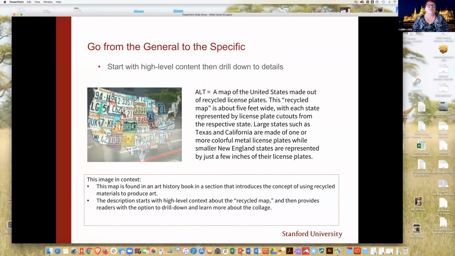You want to go from the general to the specific. So start with high-level content and then drill down into details. This image of a map was found in an art history book that introduces the concept of using recycled materials to produce art. So if I'm going to read aloud the alt text that's here: